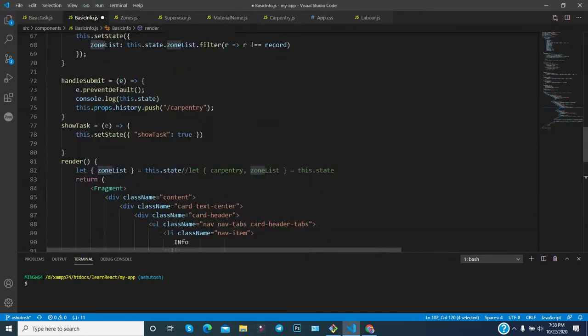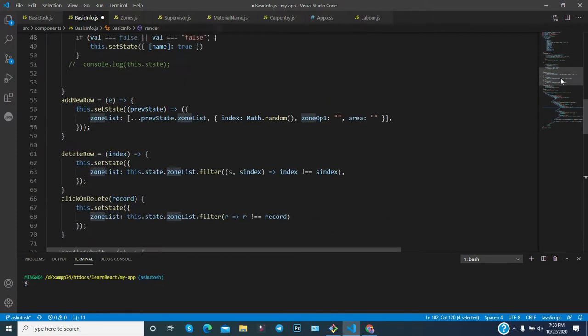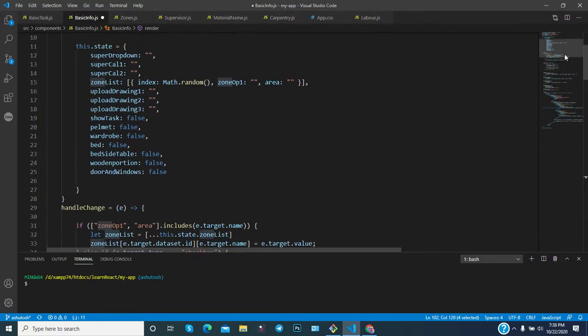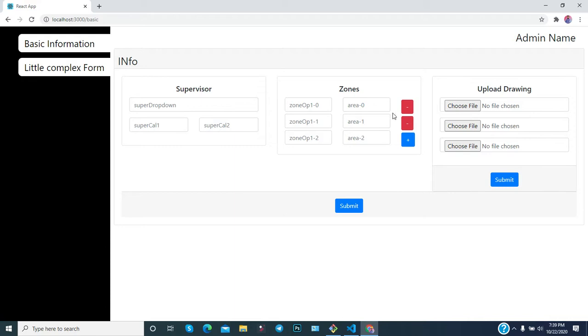So here, if we go to where it is like this one, I hope you understand why I have used Math.random. However, you can utilize any logic, but only keep in mind that the index value should be unique. Then this particular functionality will work in React. So this is working in this way.